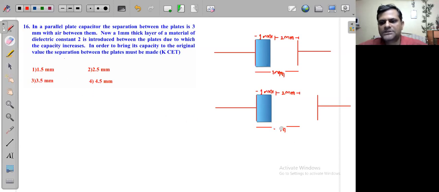Okay, so the distance between them will no longer be 3 millimeter, it is going to increase. Let us take it as x in this case. Suppose that x is to be found out, what it should be, so that the capacity of this new capacitor becomes exactly the same as the original one. And again this distance is also not going to be 2 here. The 2 we wrote here will also not remain 2, rather it is going to increase. We can just call it as